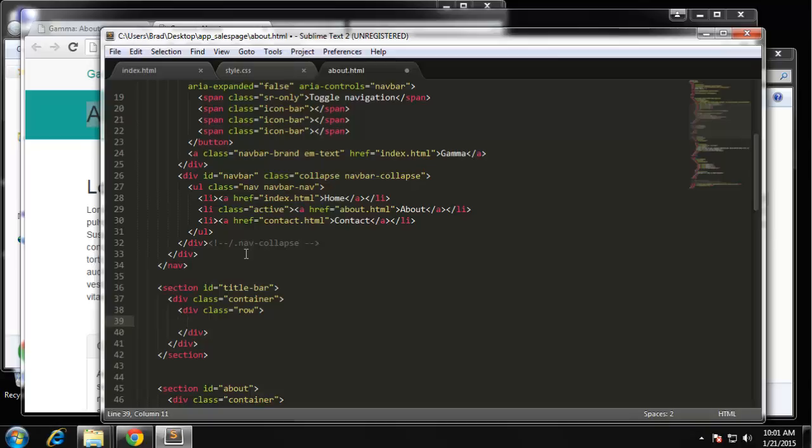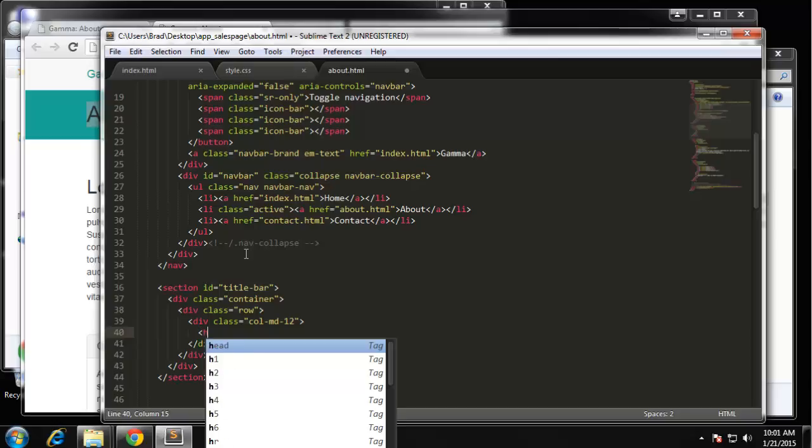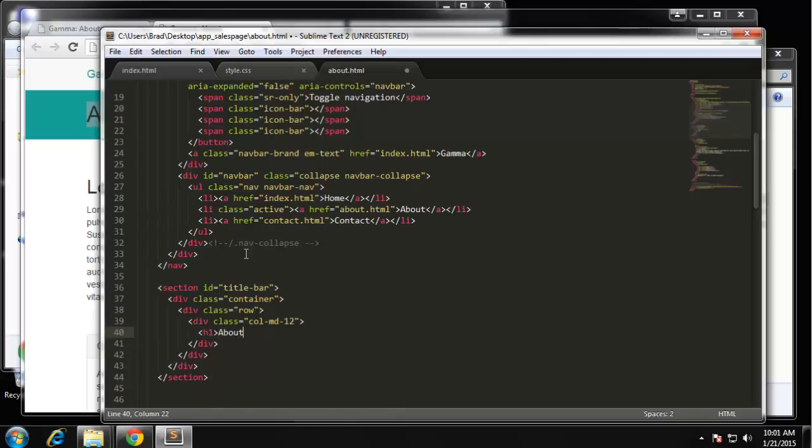And there's only going to be one div, and it's going to be 12 columns long. So we're going to do div class col-md-12. And then we can put the H1, and we'll just say About Gamma,